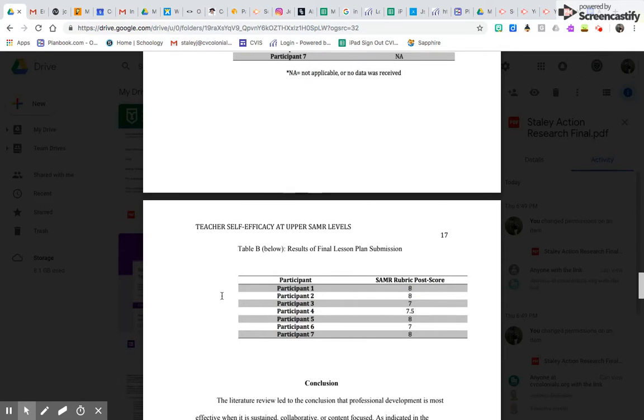So, as you can see, all participants were utilizing technology at either a 7 or an 8 on that SAMR rubric that I showed previously, showing me that my professional development in this case was, in fact, effective.